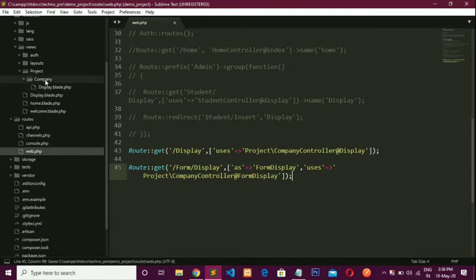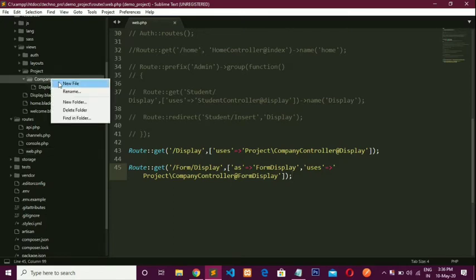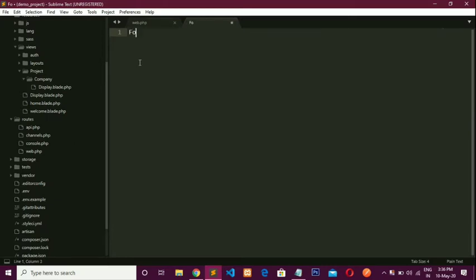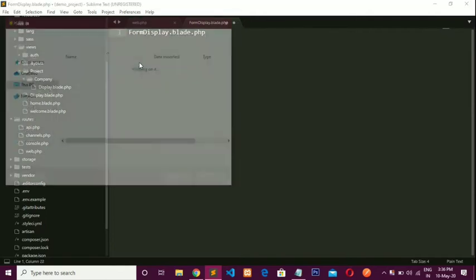Okay, now the route is defined. Now create one file in our company folder, which is named form-display.blade.php. Now save this file.